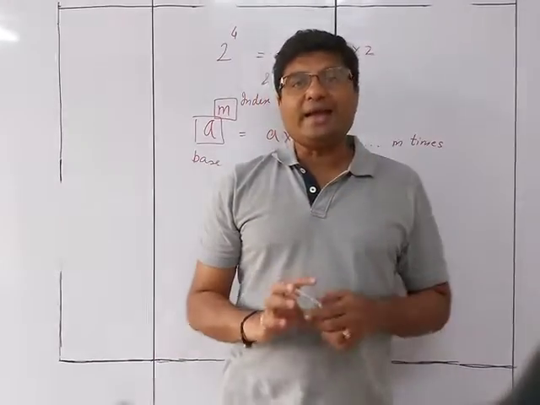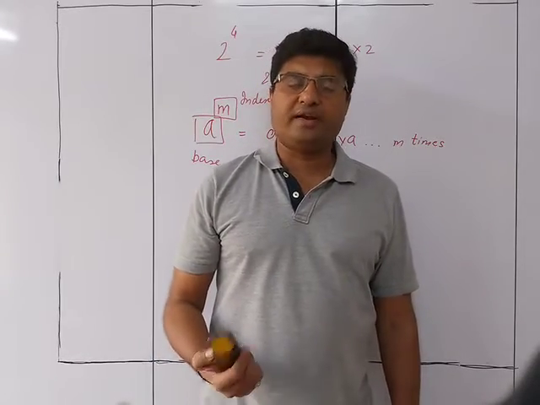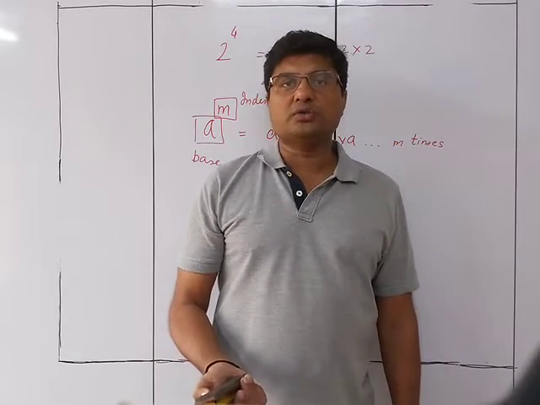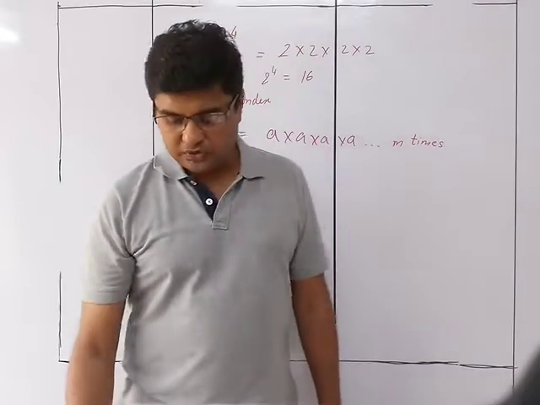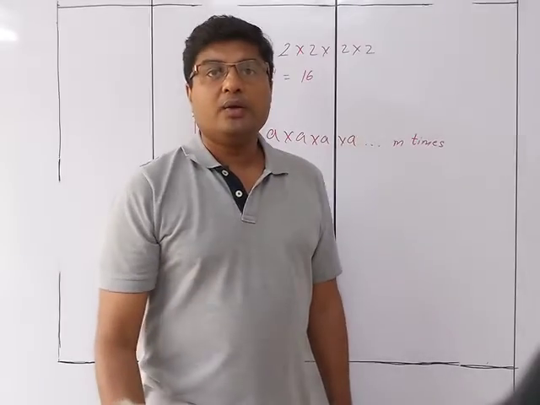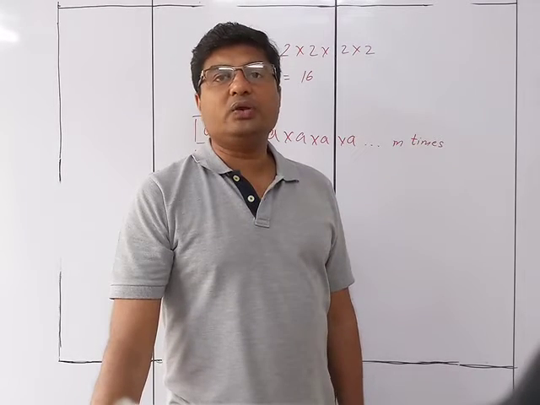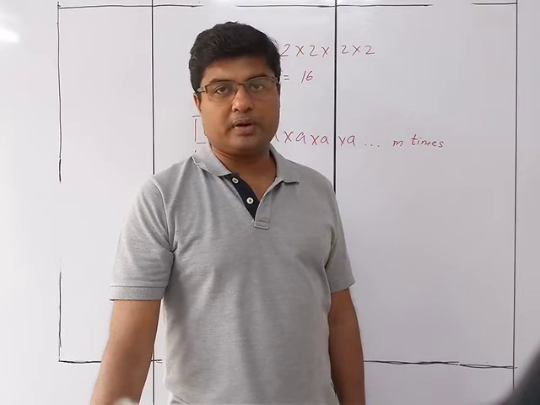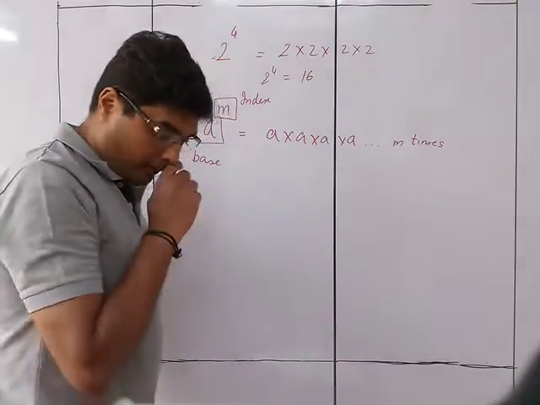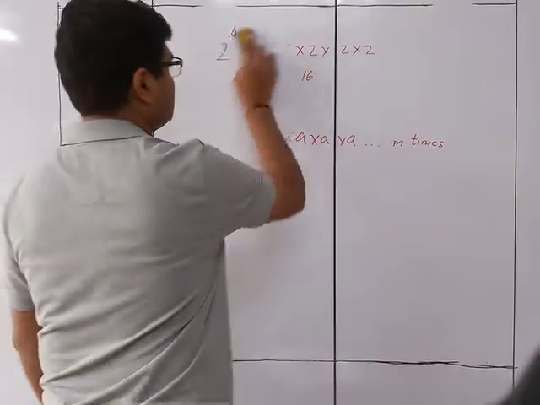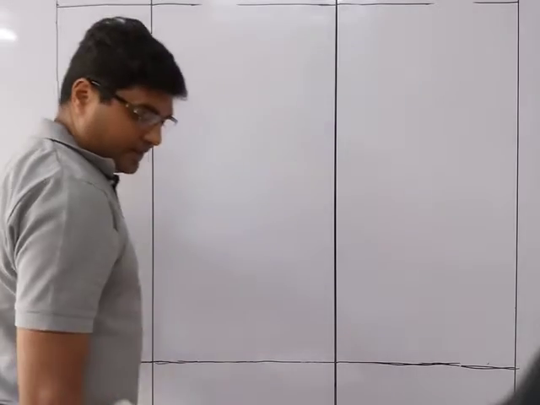Now, for doing any sums of indices, you need to know the rules of indices, the laws. There are around 9 to 10 different formulas which you are going to see one by one, which have to be very well learnt by heart by you so that you can solve each and every sum properly. So we'll go one by one with the different formulas, or the rules or the laws, whatever we want to call them. So the laws are this way. The first one